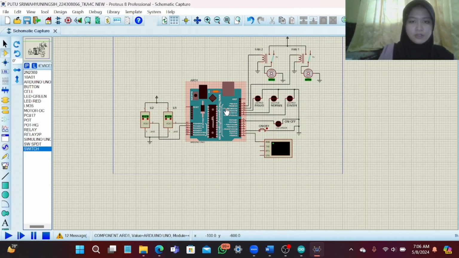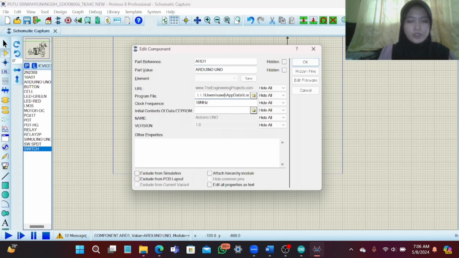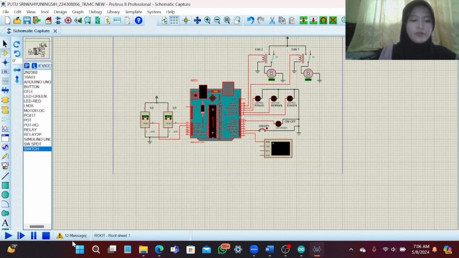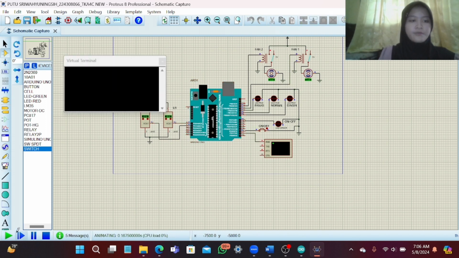Next is to upload it to the Arduino Uno. Okay. After that we run it and it can run according to the following control mechanisms.